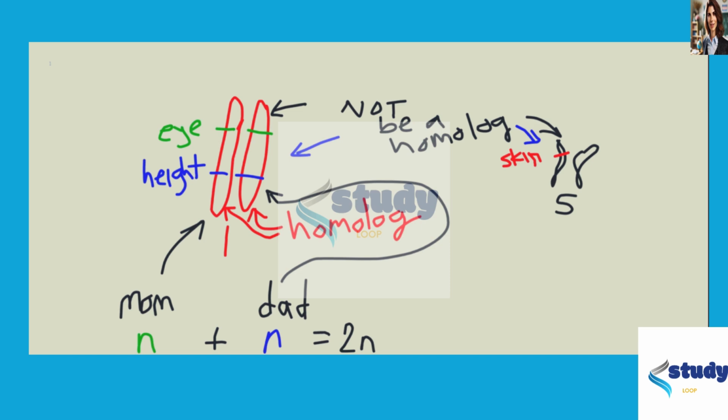That's why you can get, say, one eye color. Maybe mom gives you your brown eye gene at this locus, and dad gives you your blue eye gene. So you can have different nucleotides for the same gene, but the genes themselves will be in the same spot. So you can see then